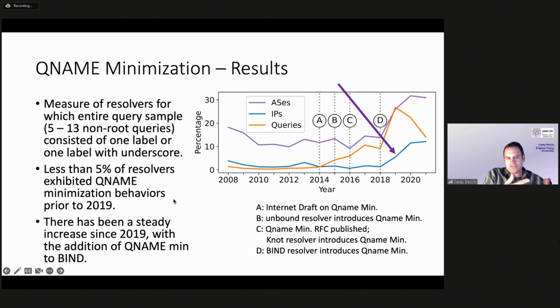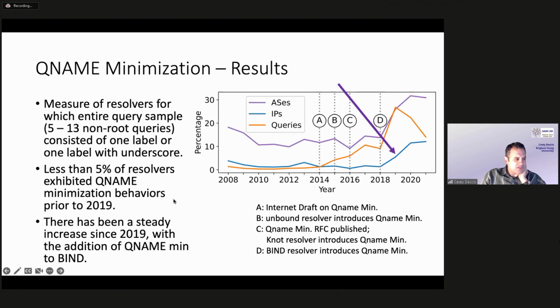So just to show a few examples. It has climbed, and in the end, what are we at? About 10% or so of resolvers that show it. I think it's about 12 to 14%,